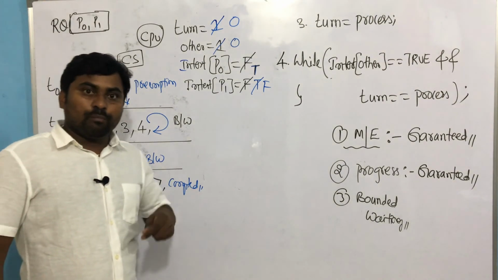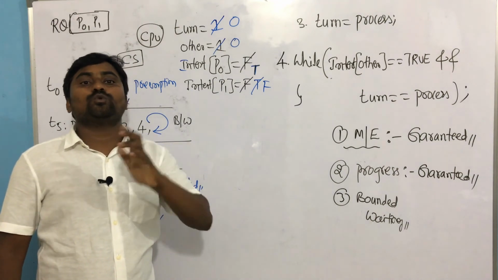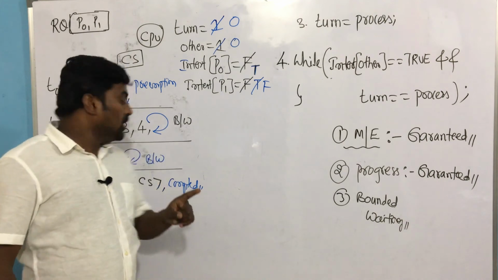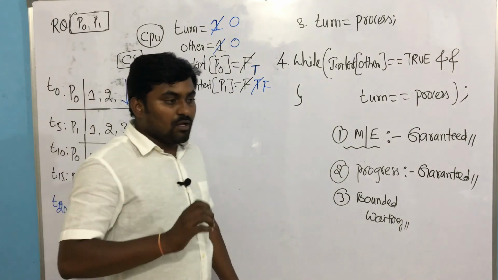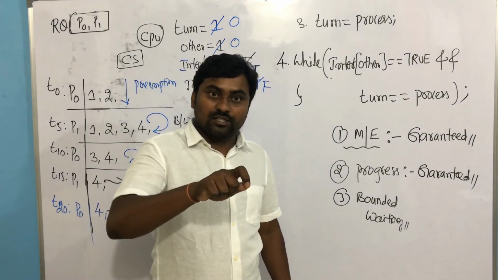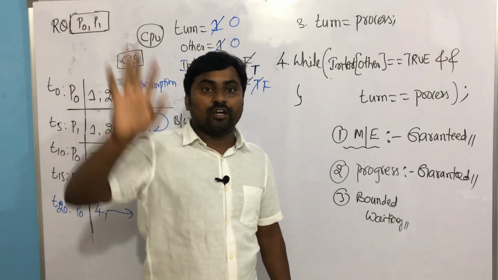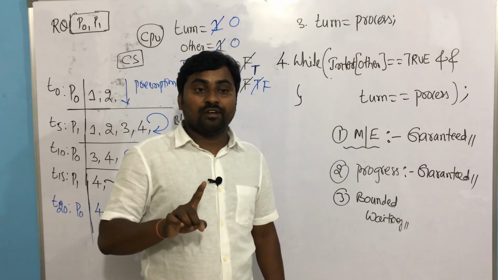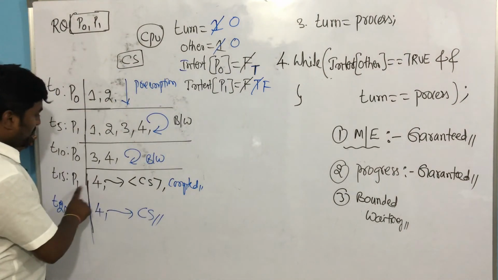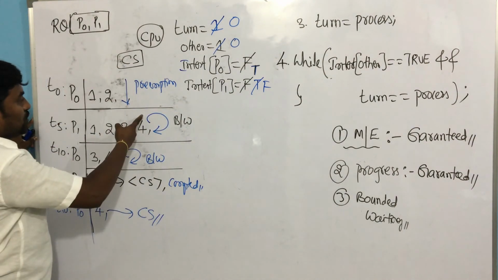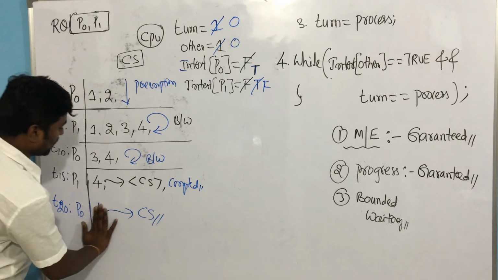its usage is over. When P1's execution is over, if it again tries to use the critical section once again, what happens? That should not be allowed, because P0 has not completed its execution at all. So please understand, when any process using the critical section completes and another process is waiting outside, that should not go into an infinite wait. Means the usage of the critical section is done only once. P1 completed the critical section. If it immediately tries to use the critical section, that should not be allowed. Then that means you are allowing only P0. You can check it also.